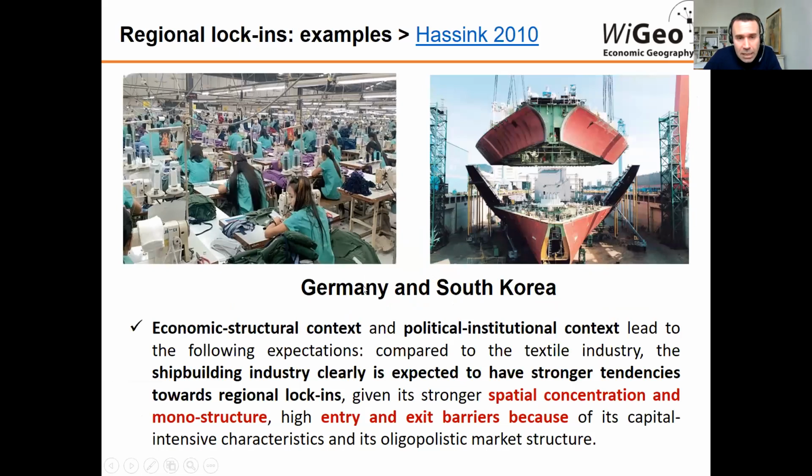And the examples of the textile in both Germany and South Korea and the shipbuilding are very revealing of these regional lock-ins. The conclusion of this case study is that shipbuilding is more prone to lock-ins because it is very much spatially concentrated in urban cities. They have a monostructure. The entry and exit barriers are higher in comparison to the textile sector, and are capital intensive, and also again the role of the private interest, they are very much all linked to